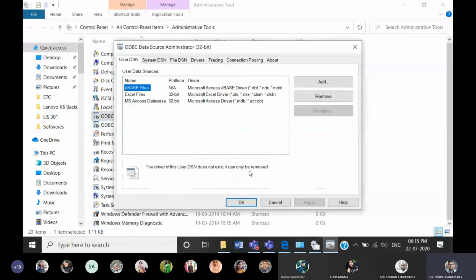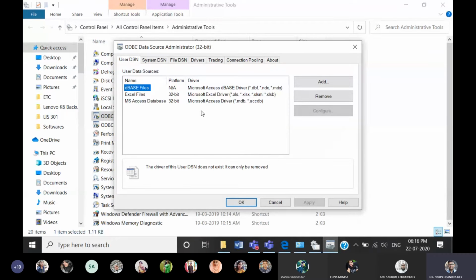See why this is being done. Let me tell you. We have installed one database server, database engine, that is SQL Server. We have created one database for Sol, but we have not introduced this to our system. The operating system should know that one database engine has been installed and that it has been connected with such and such database, which we are going to do here. Is it clear? To let our operating system know that we have installed this and this is the connection. So just watch it very carefully.